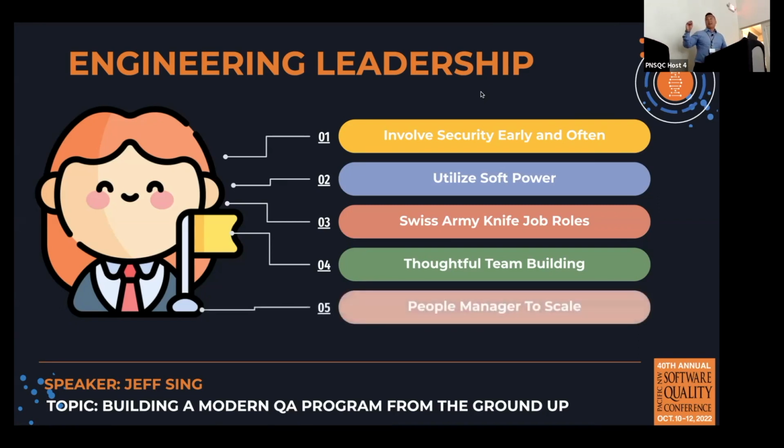And that brings me to the last point, people manager to scale. As soon as you build your team, you are now a people manager. Hard stop. Everything else I've talked about here is basically an IC role. But when you become a people manager, your job is to grow the people under you. If you forget this, you will fail, because at some point you need to delegate to other people. If you do not grow your people and delegate correctly, you will get crushed. That's one thing I see from my peers that fail: they're off being a hero, and you're never going to scale correctly, because you cannot hero ball it yourself.